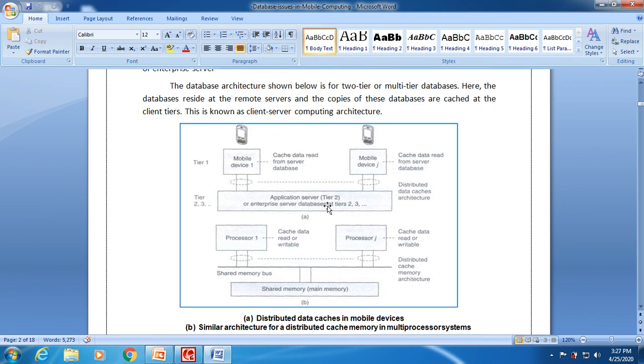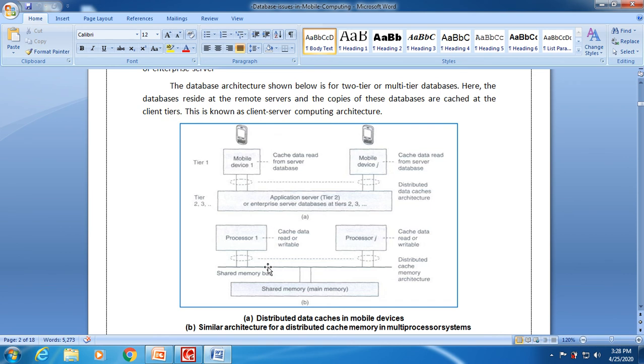So we are using the servers at tier 2 or application server or enterprise server, database at tier 2 and tier 3, and here using the mobile devices. The mobile device is sending queries to the server, and the server will reply to the mobile device, meaning the mobile device retrieves the data from the application server.